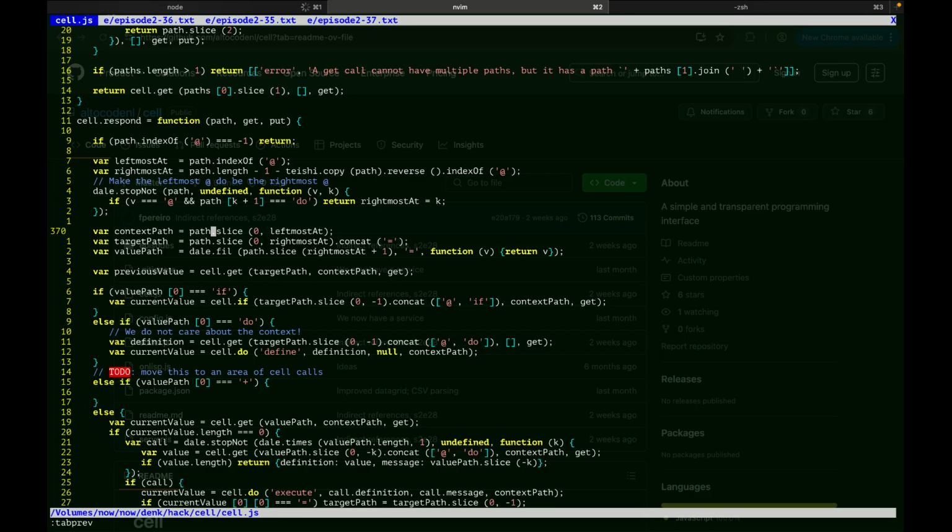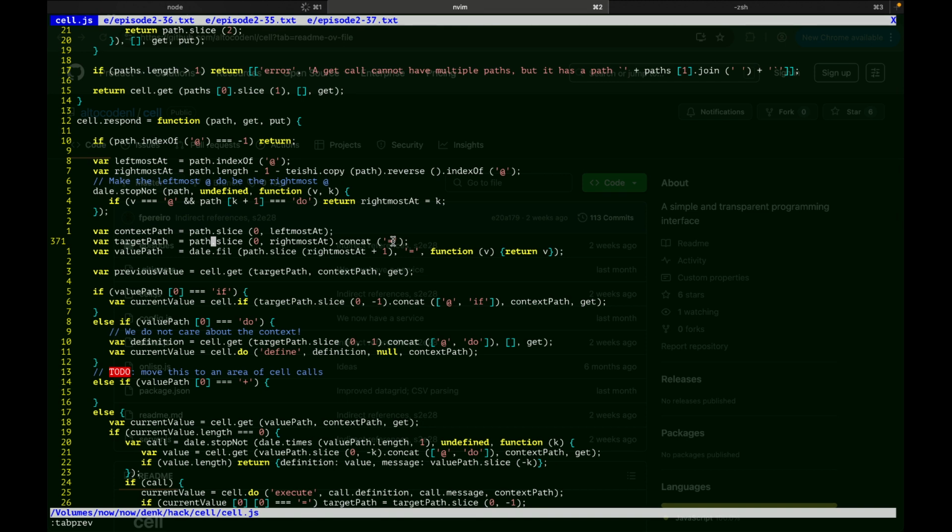So we always have this triad of the context path, the target path, and the value path. The context path is where you're taking your values from, which is everything to the left of the first at, the first reference. The target path is everything to the left of the rightmost at, which is basically where you are going to set this thing, but then you add an equal. So basically everything to the left of the rightmost at, and then you add an equal at the end. You basically replace the at with the equal. And then the value is where the value is coming from, which is really, you would take everything to the right of the rightmost at,